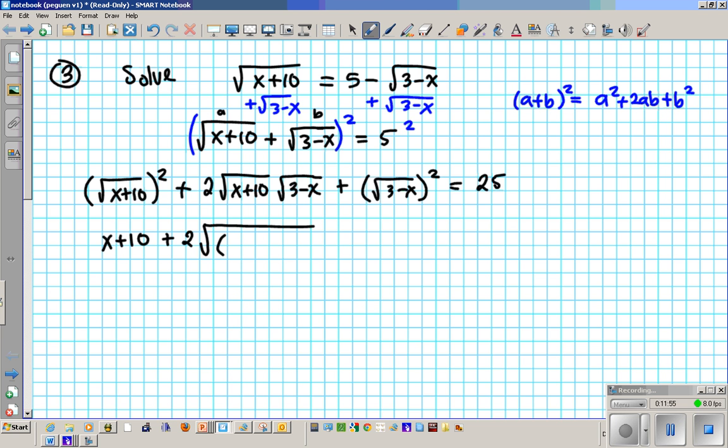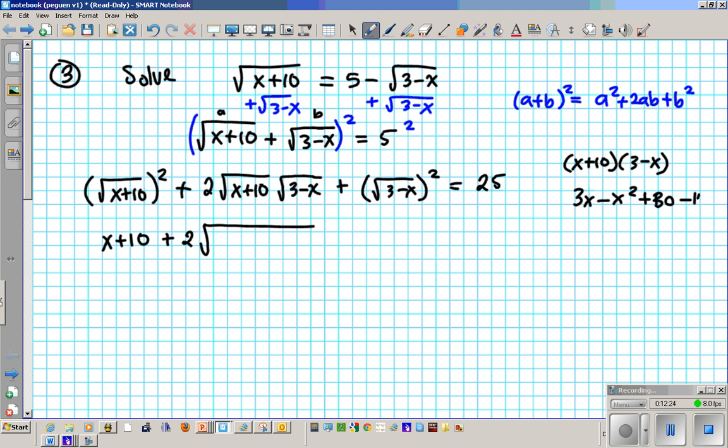Well, let me rewrite it. So it's going to be x plus 10. Well, let's do it on the side in order to save time. So on the side, we're going to do x plus 10 times 3 minus x, because these two are going to be combined, right? So if I combine them, just follow it out, you're going to have 3x minus x squared plus 10x, and then plus 30